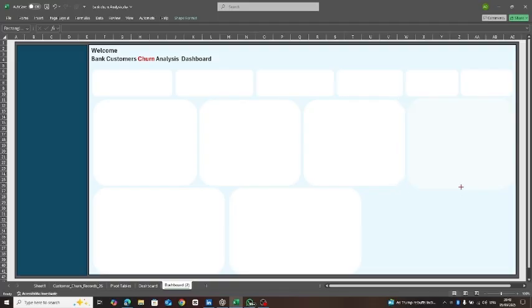So how to duplicate your sheet? All right, you just click on where you have your sheet 1, sheet 2, sheet 3, right click on it, and then you see duplicate sheet, you hit on duplicate, then you have two sheets. So you don't have to start all over again to start building a wireframe, okay? So this is the second sheet. I like to duplicate my first sheet when I'm already done with my wireframe building, okay?